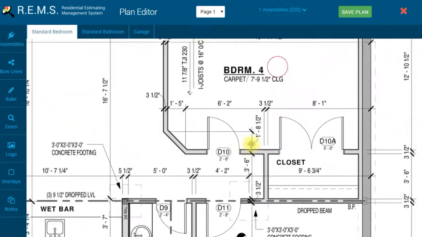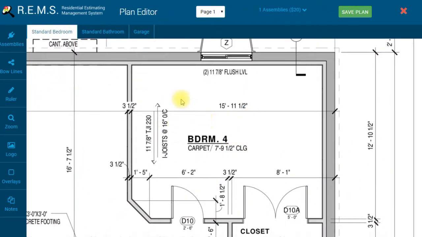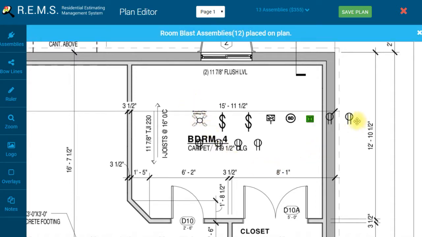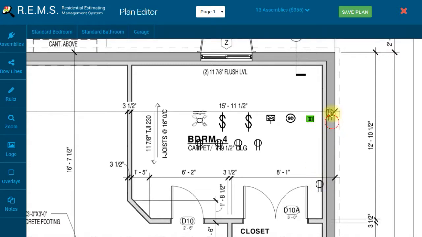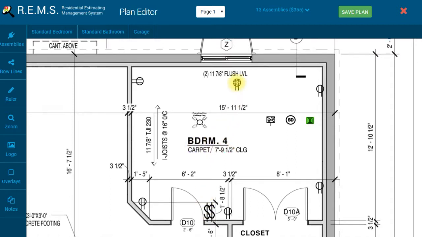We're going to go over to the bedroom area, and then we're just going to right mouse click. And you'll see that it places them in about 8 different ones in a row, and then it puts the next few down on the next line. And as you do that, you can just simply pull these into the place of where you want them to be. So what this is going to hopefully do for you is save a lot of time of having to go back into the menus over and over. You should be able to place many more assemblies in a much faster time